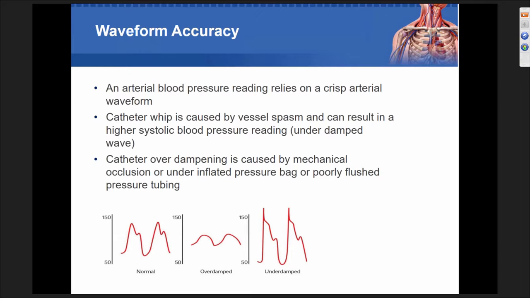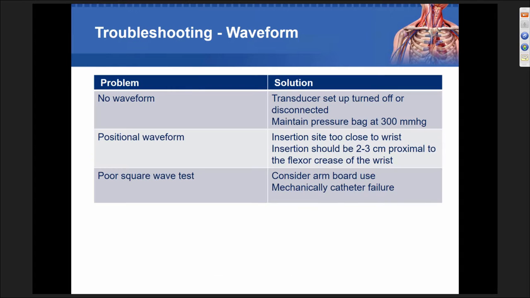So you hear my repeat offense of the pressure bag, so it's very, very important that we maintain observation of the system itself. So when you think about the waveform, if you have no waveform, you're going to look at the monitor, you're going to level and zero, and you're going to follow it back to the patient to and from. If your waveform is positional, I mean you grab the arm and you assess, you flex the wrist back, and wow, the waveform's beautiful. That is a mechanical problem. So you really want to consider moving your insertion site, maybe not on that patient, but on your next patient,